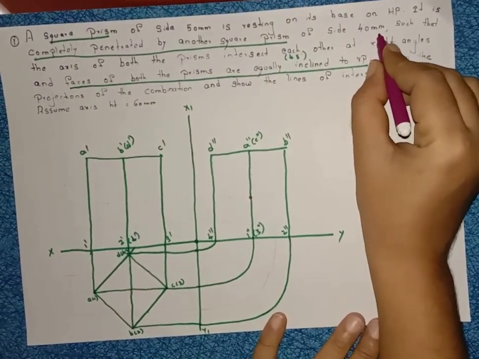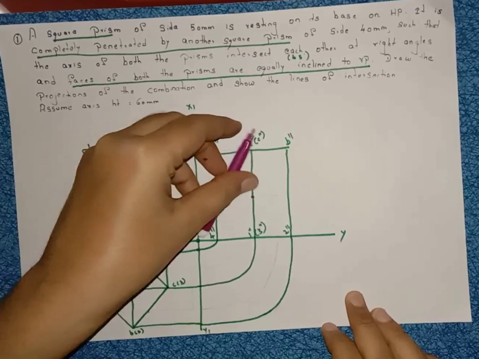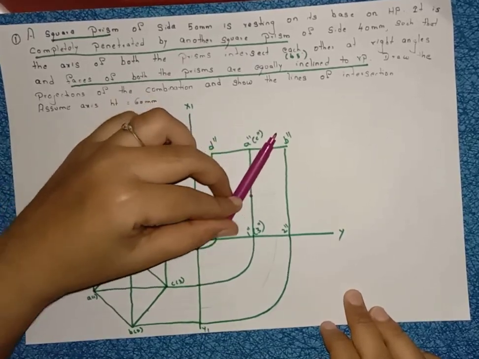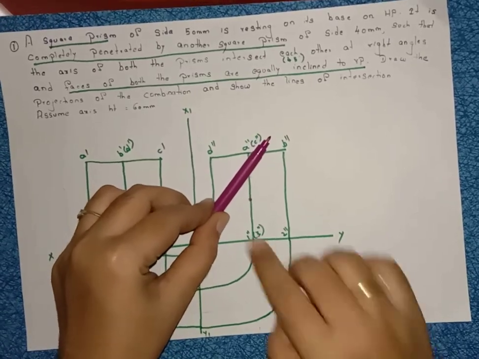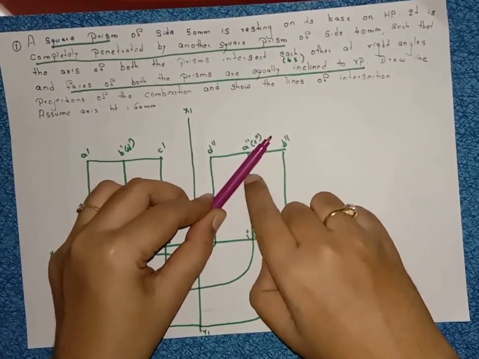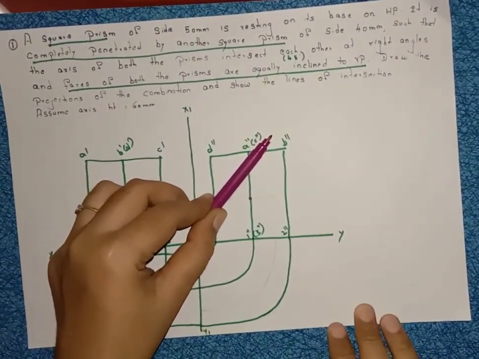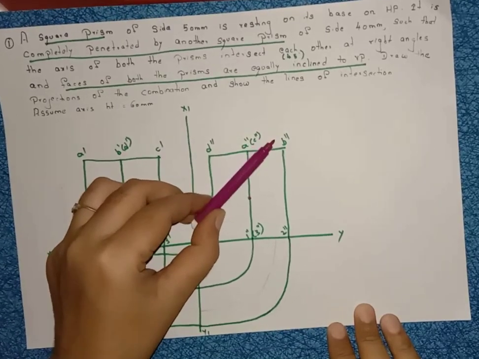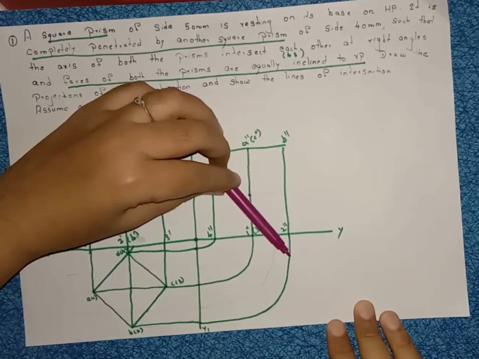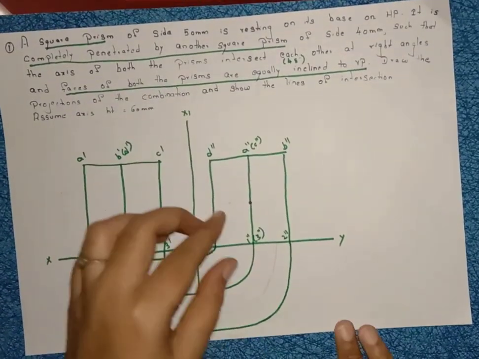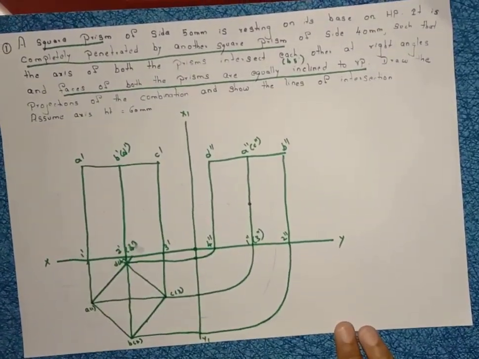Side is how much? 40 mm. Just keep your scale like this. Right, move your scale like this and see where 40 mm meets this point 2, 0 to 40, one side. Right, same again, keep your scale between these two lines and see where 40 mm meets the point.